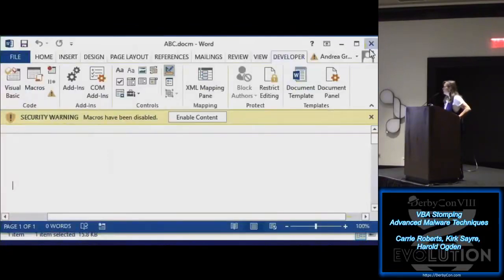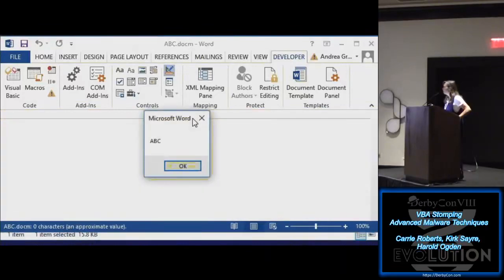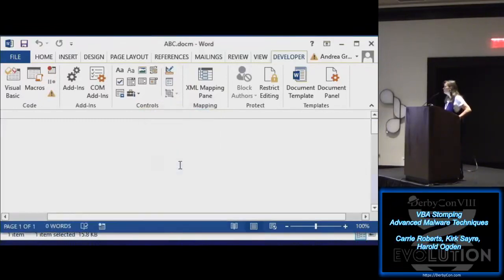And so we're okay with that, so we go ahead and we enable content. But to our surprise, it doesn't say XYZ like it said it was going to say. It says ABC. So clearly, it was the P code that got executed there and not the